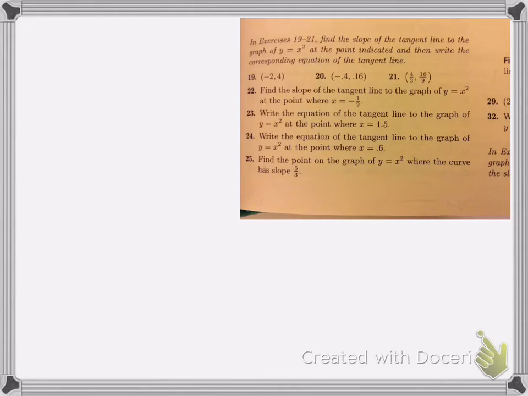Okay, we're going to work through questions 19 through 25 as shown here in a copy of the textbook page. So question 19 says, find the slope of the tangent line to the graph of y equals x squared at the point indicated, and then write the corresponding equation of the tangent line. Okay, so if we're going to do question 19,